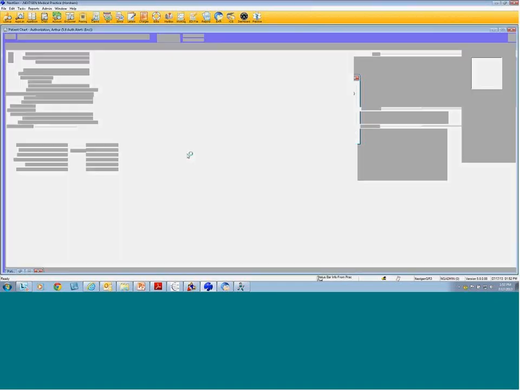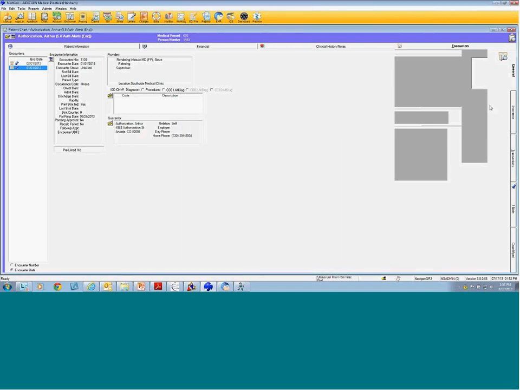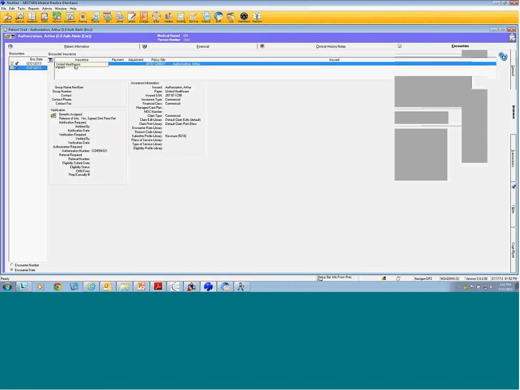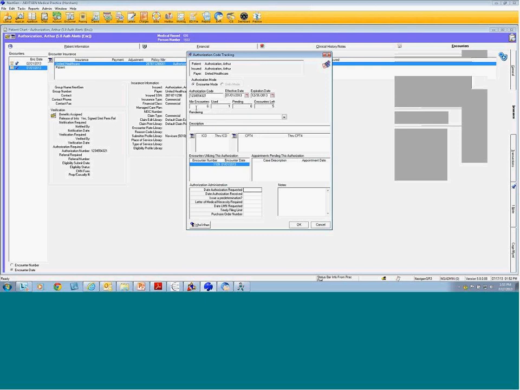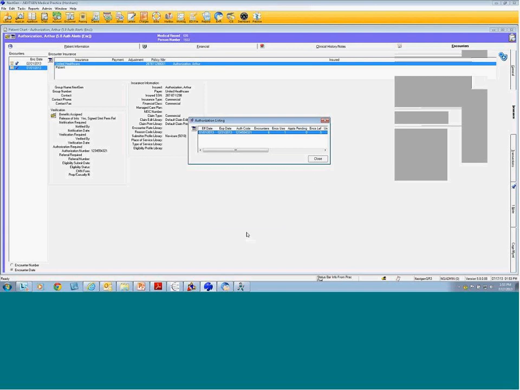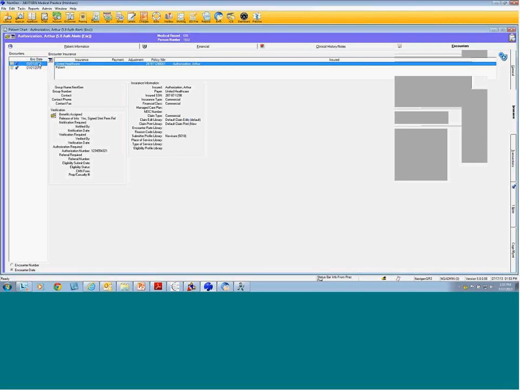Encounter-based authorization. A couple of encounters over here on the left-hand side. This encounter I'm on has United Healthcare Insurance. If I right-click on the insurance and go to authorization, here's the existing authorization. If I open it, I can see it was originally set up to be good for a total of 6 encounters. It's been used on 1 encounter, and down here it is, number 1109. So there's 5 left. Well, my practice preference says start displaying an alert when it gets down to less than 5. We'll attach that authorization to another encounter